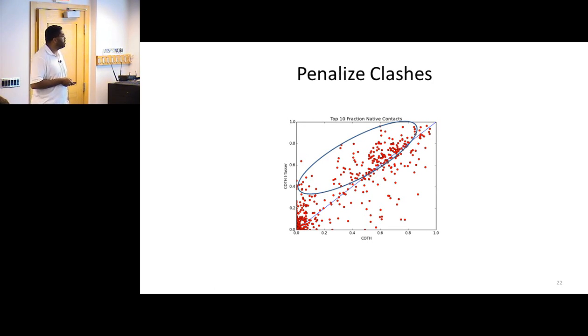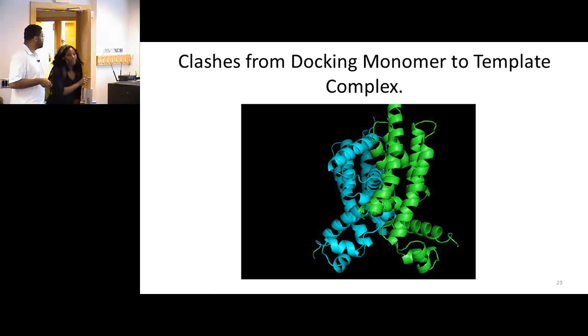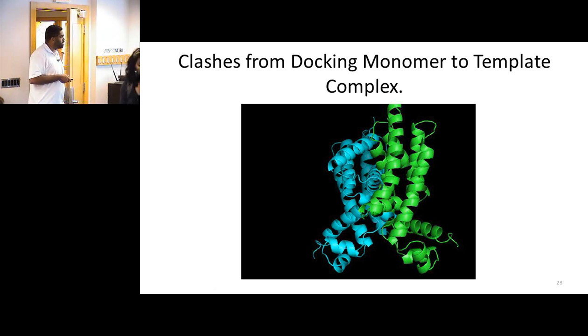Here's an example where we took the green one and the blue one, and we made these models separately. Then we had a template that gave us the orientation of how these two chains should be oriented. When you superimpose them directly onto that, you generally get a lot of overlapping clashes. You can try starting from here, but most of our simulations just completely distorted them because the clash signal was so strong.